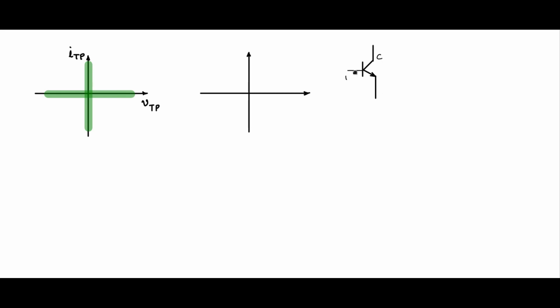We have the collector, this is an NPN BJT, base, emitter, the voltage across the collector and emitter, we will indicate it like this, and the current through the collector IC. Now you can have on the x-axis VCE, voltage drop across collector and emitter of the BJT, and the collector current IC as the current through the switch. So we know that the collector current is unidirectional. It can only flow the positive direction from C to E.